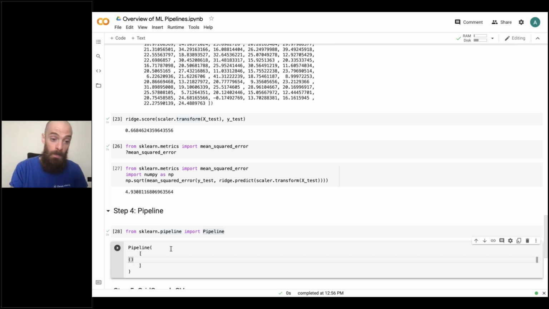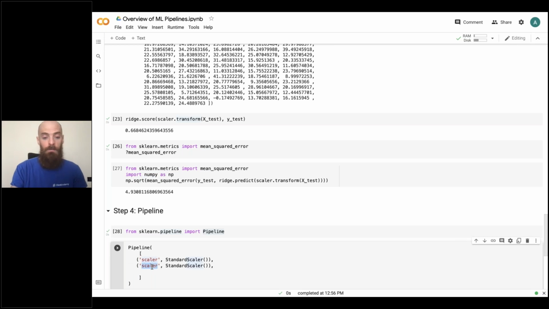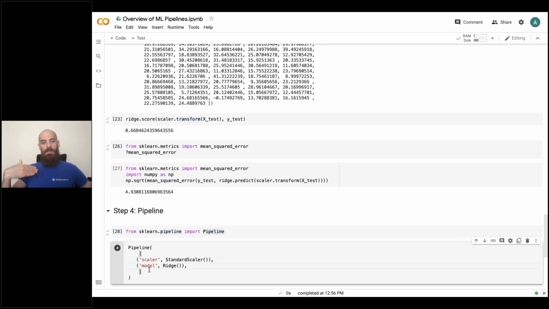And this set of steps is defined as tuples, where the first element is the name you wish to assign to the step, in our case, scaler. And the second object is nothing more than the scikit-learn class that you want to use in that step, in our case, the StandardScaler. And then you specify the second step, in our case, for instance, I assign the tag model and I use a ridge model. So if you remember, this is exactly the same that we did before. We standardized the data and then we applied a ridge model to that particular data set. We store this into the variable ml_pipe, and